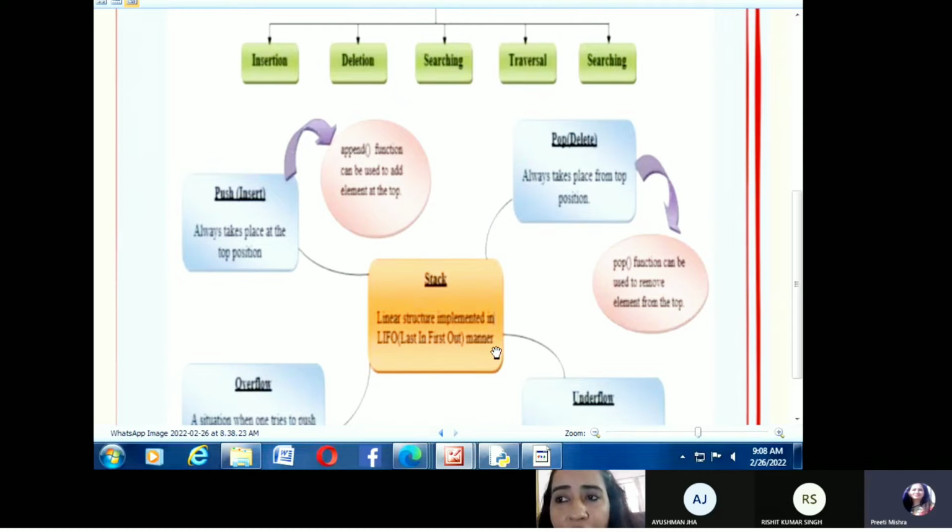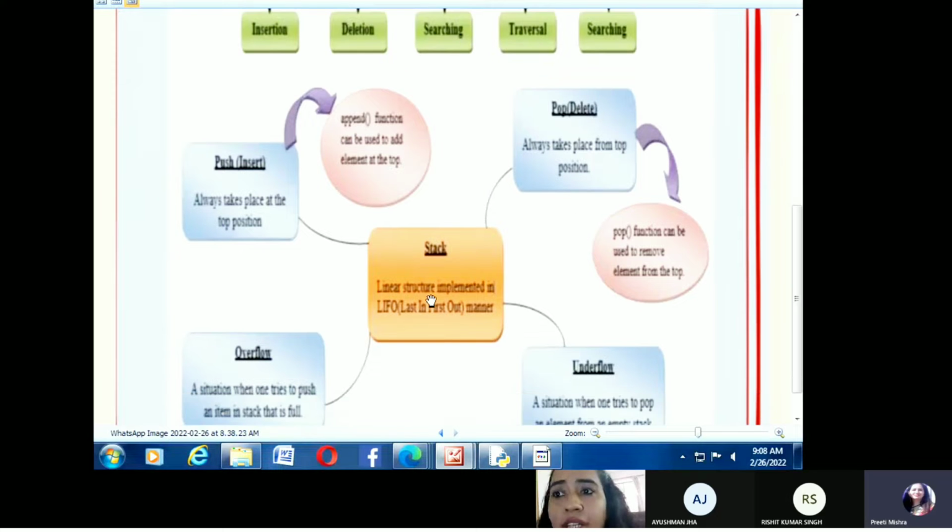We will go with the definition, but this is the mind map. What are the things there? So in this stack, what do you have to do? Number one, push operation you have to try. Push means it always takes a new value into a stack. That is called push here. Push will be a function. Then append. The append function we are going to use in this particular function so that you can add a new